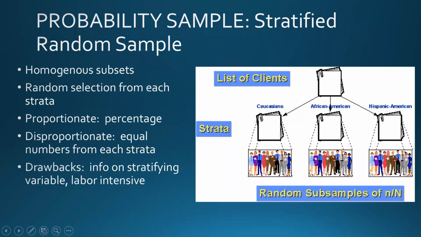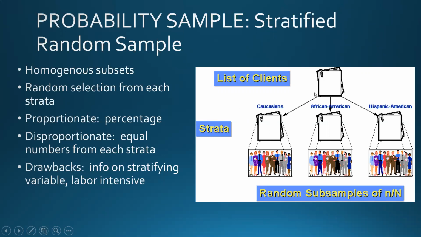A third type of probability sample is called a stratified random sample. And in this case, you have your list of potential participants, and then you go ahead and put them in groups by what's called a strata. Strata is simply a characteristic that you want to emphasize or control for in your study. So if you think within this group, there might be major differences based on a characteristic, you might select that out as a strata and sample within each of those